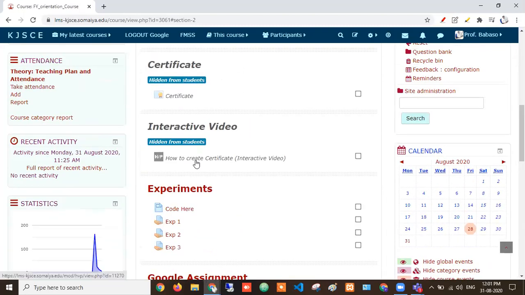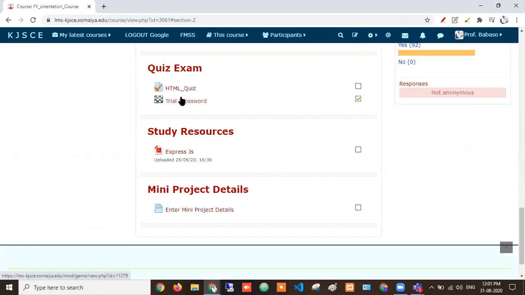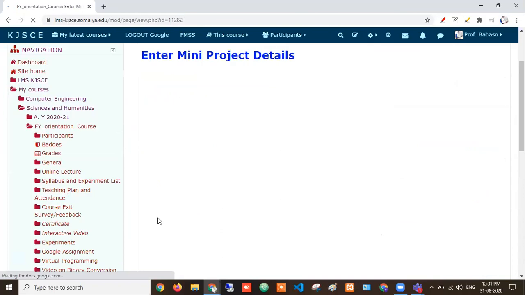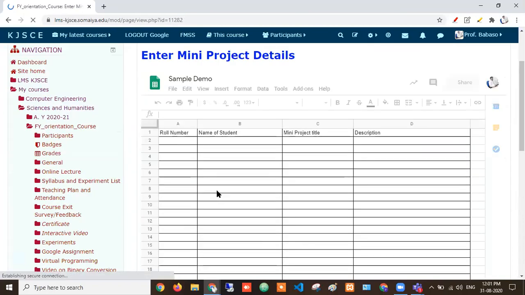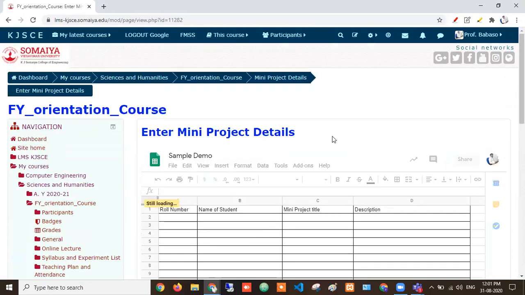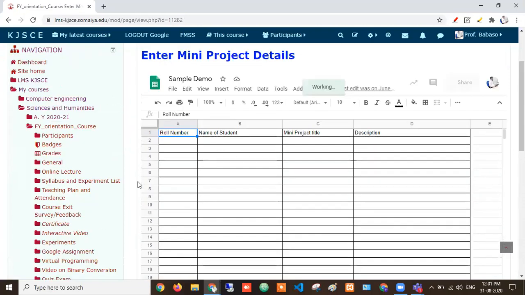I already explained the interactive video concept, so you can watch that video on how to create interactive content. This is also possible in LMS. So all quizzes, gamification, you can share your research material. Here you can see a Google Sheet where students can fill in the details directly. There is no need to share the link with students. You just add that link here, and the activity is automatically added in LMS. LMS will display all these things here only.